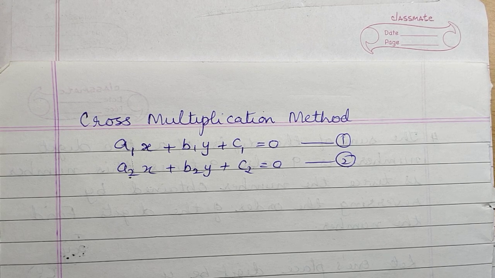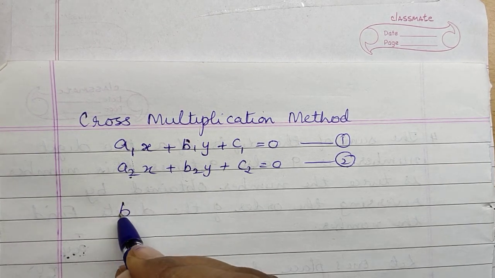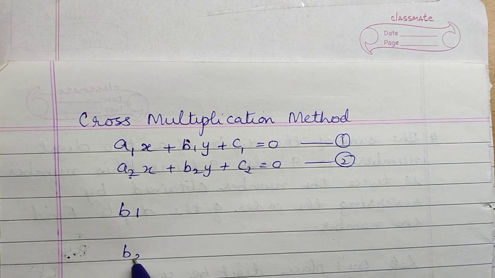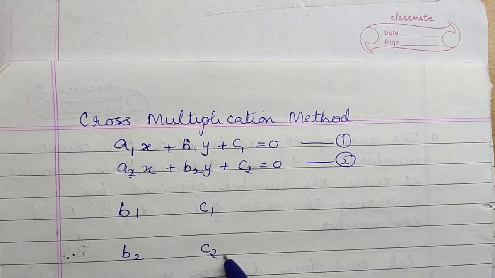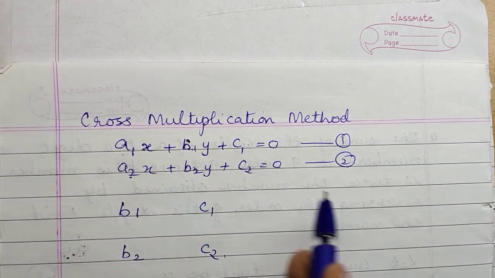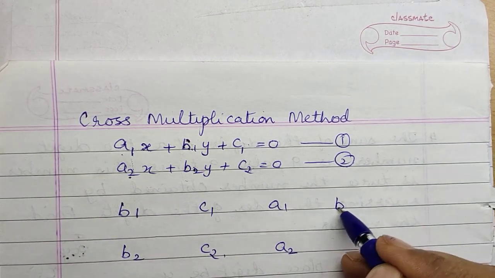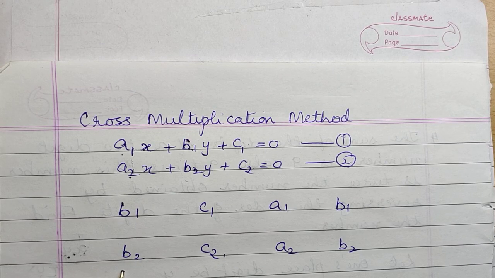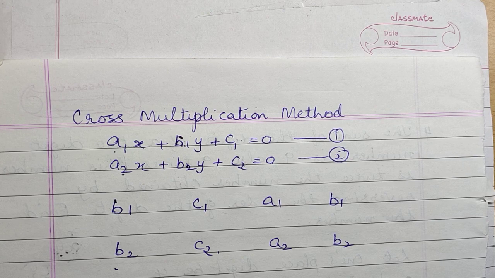Now first you have to write it in a diagram format, so that it will be easy to write the formula. So first you have to start from b1 and b2. One below the other you write b1, b2. After b it is c1, c2. Then cyclically you go b1, b2, c1, c2. Over that, a1, a2 you should write. Then next one b1, b2. So come back to b1, b2. Start with b1, b2, come back to b1, b2. Like this you should write. Even when sums come, you have to write like this.